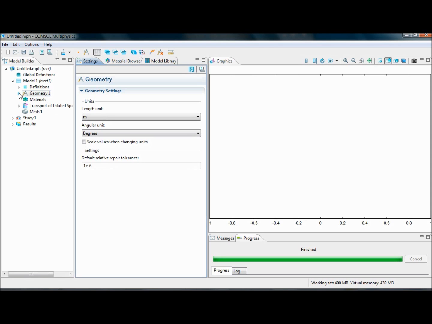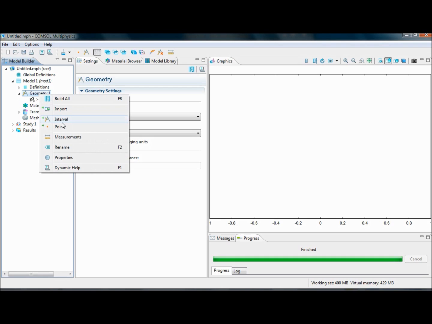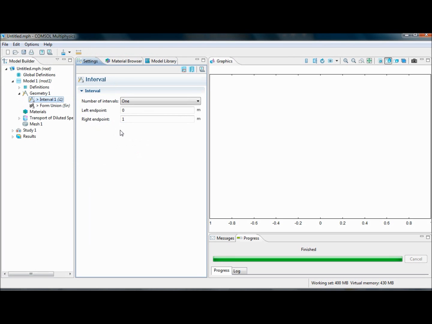So you also see you have these down arrows. Those give us some other things. If we had multiple things that we drew, we can form a union. But what I'm going to do is right-click on geometry, and I'm going to create an interval. So in 1D problems, as you probably know, we can only have points and lines. So we're going to put that one in, and number of intervals could be 1, but we're going to have 3, so I'm going to click on many, and I'm going to put my points in as 0,